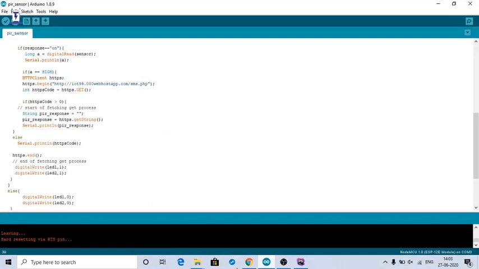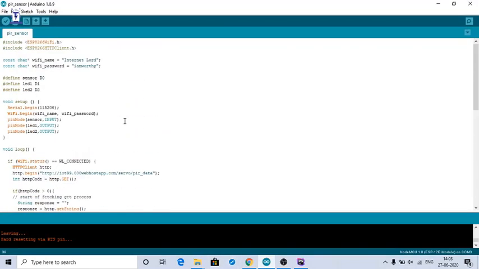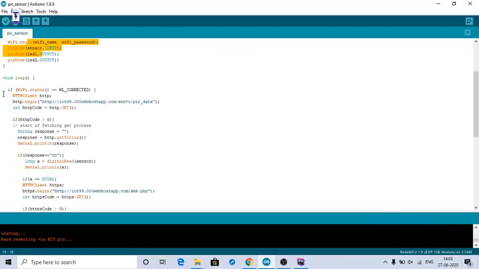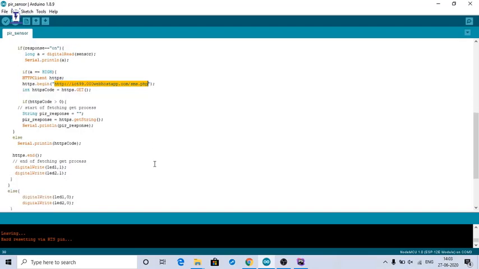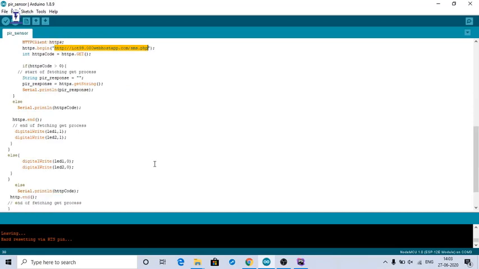Now we need to go to our Arduino code. This is the same code that I have used in the previous video while I made the home security system: the header files, the Wi-Fi name and the sensors, LED, the setup part and the loop part. I'm directly coming where our PIR sensor is detecting an intruder in the house. It is returning a high value, and as soon as it returns a high value, it will trigger this link. As soon as this link is triggered, an SMS will be sent to the specific number that we have mentioned in our code, with the SMS that we have given there. Now we will upload this code.